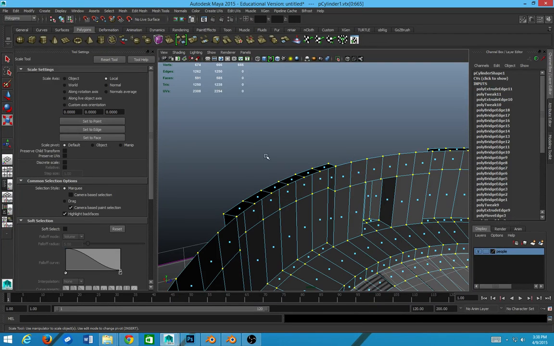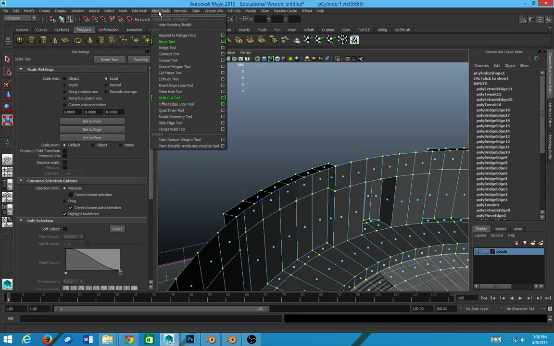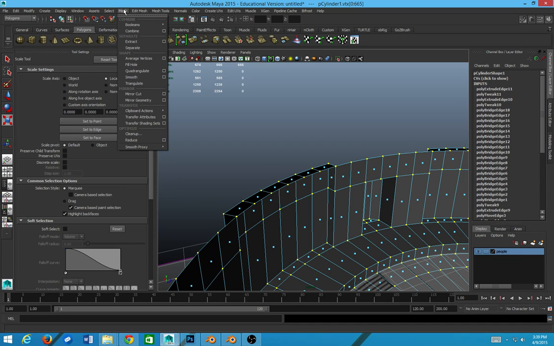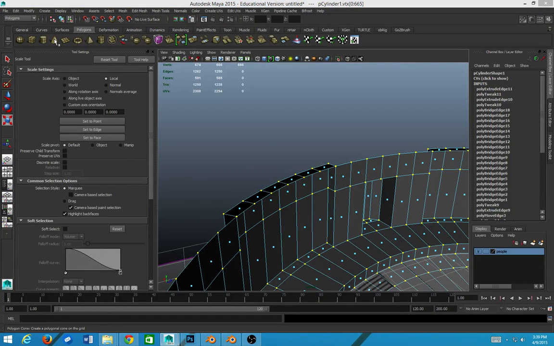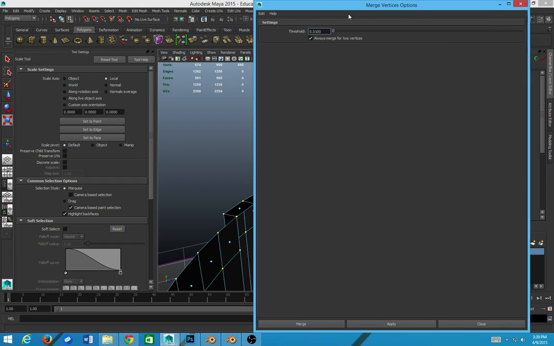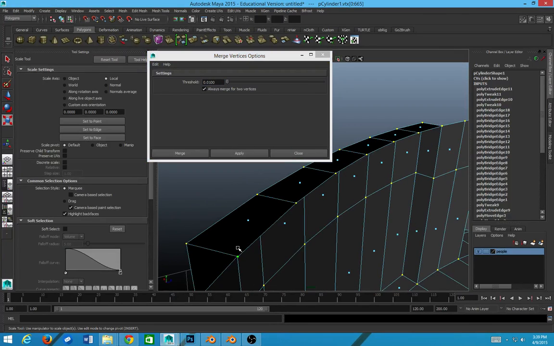I worked with a client on a Blender project all break, so I'm getting back into Maya right now. Edit mesh tool. I got to edit mesh, merge components. I can adjust this threshold until hopefully it merges anything that's on top of each other. And thus, these verts will